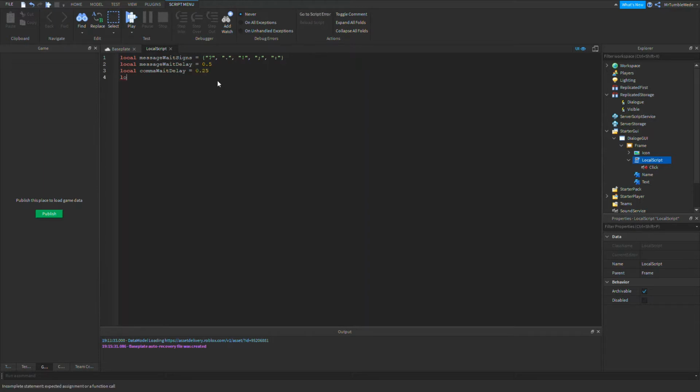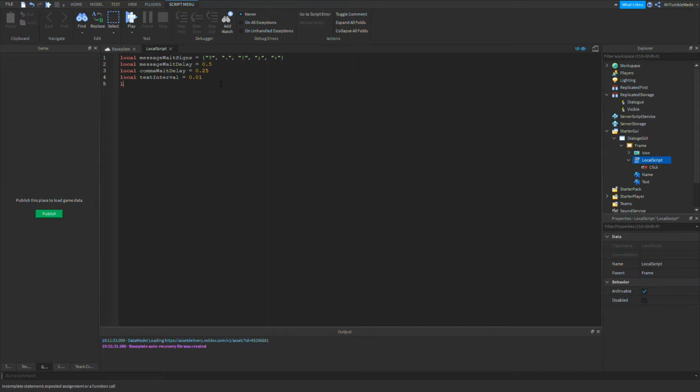And now we do local text interval. The text interval is the default time it will wait before showing the next character. You can do 0 or 1, something like that, if you wanted to do it almost instantly, but I would do 0.01.